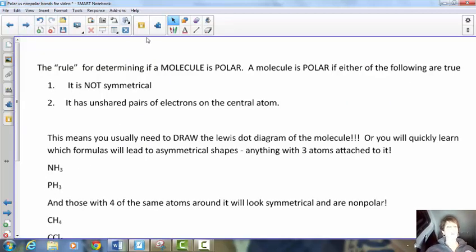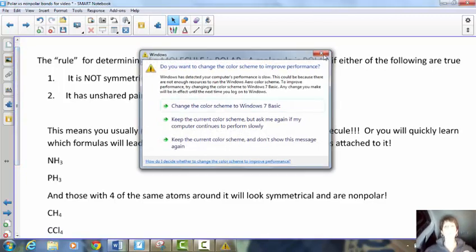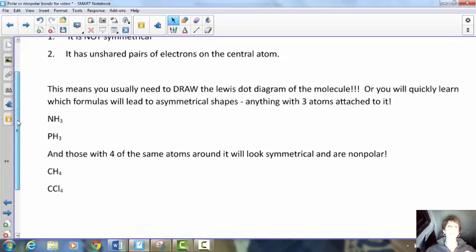So here's my rule. The rule for determining if a molecule is polar. A molecule is polar if either of the following are true: if it is not symmetrical, or if it has unshared pairs of electrons. Now, this usually means that you have to draw your molecule, and when you draw your Lewis dot diagram, there's some things that very quickly give it away, because you're going to see right away if it's symmetrical or not. I think it's pretty easy to learn